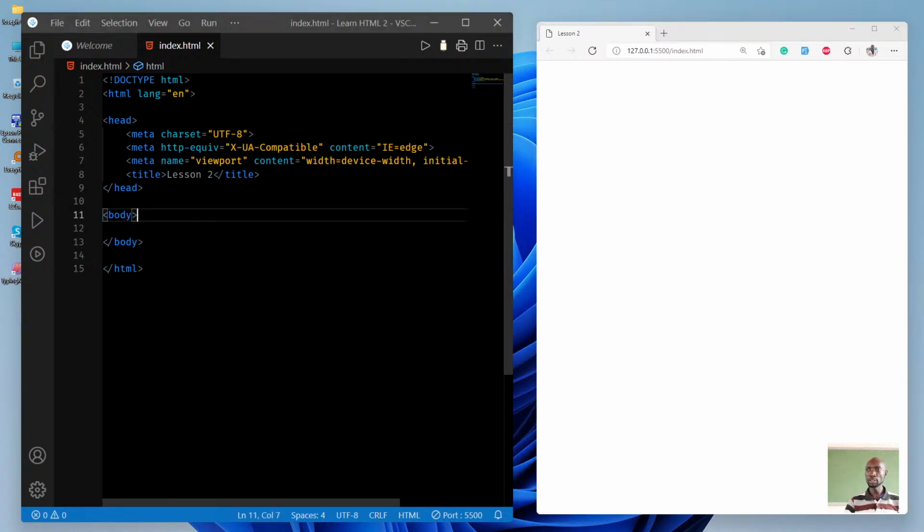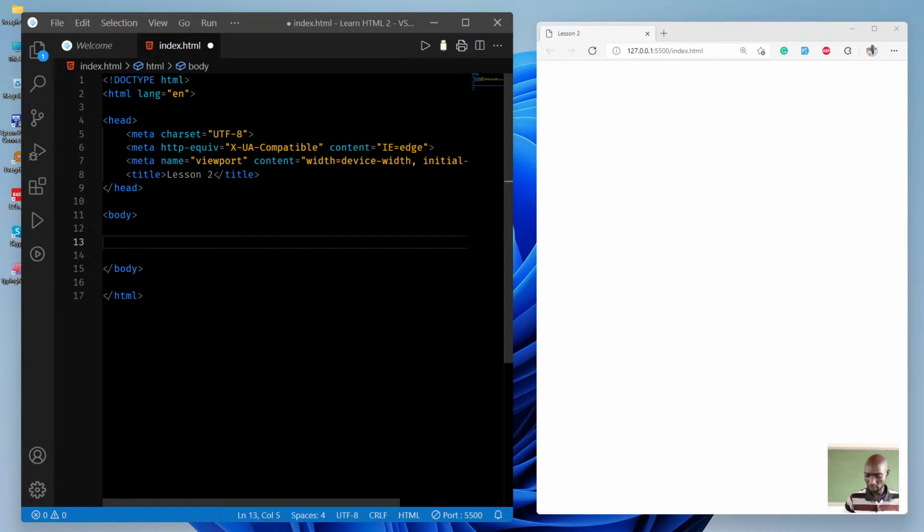So I told you in the previous lesson, we insert content into our HTML using tags, and the tags that we use are basically keywords inside angle brackets. This is an example of a tag. This is the body tag. Body tag has an opening tag and a closing tag. We have the HTML tag having a closing HTML tag, head tag having a closing head tag, and